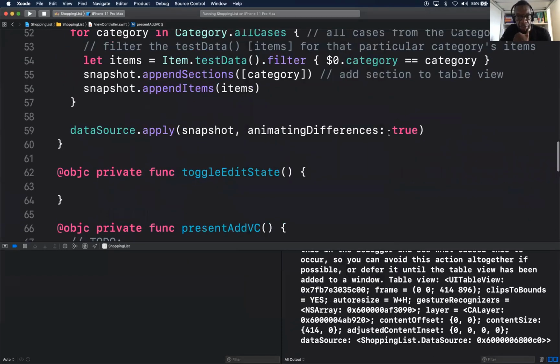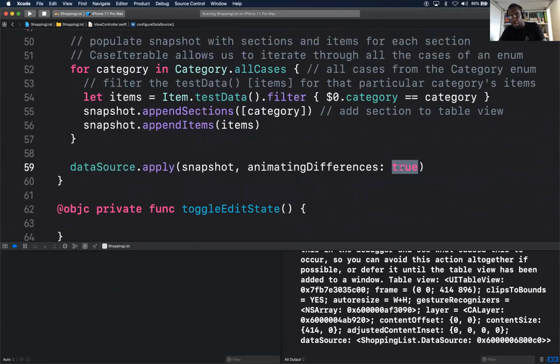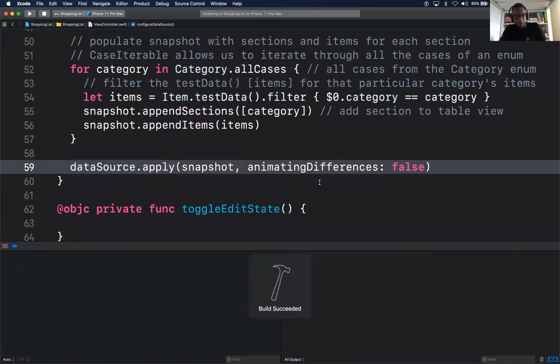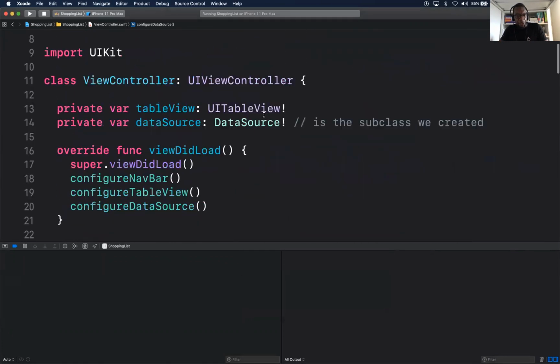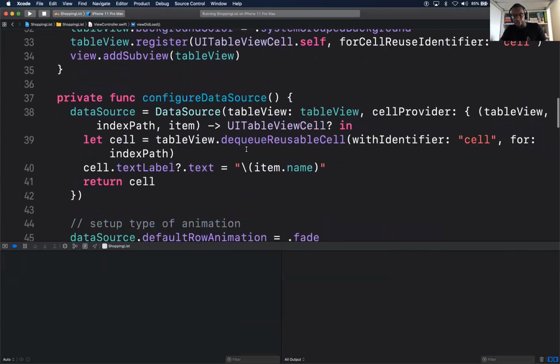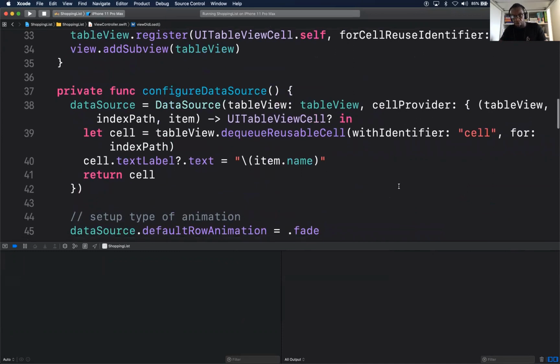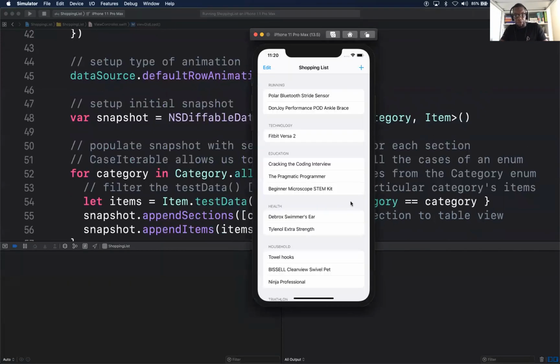So that warning is coming from this line here. Back in our table view data source, we're trying to animate it, but it's not in the view hierarchy yet. Okay. If I put false here, that warning should go away. Do you still get the warning? Nope. Because what's happening is I'm trying to animate my table view, but the view is not on screen yet. Okay, gotcha. That's why we did the viewDidAppear. Very good question. This is why we did the viewDidAppear last time. So if you want to have the animation, you'll do it in viewDidAppear. Oh, okay, that's cool. Good question there. Thank you, sir.